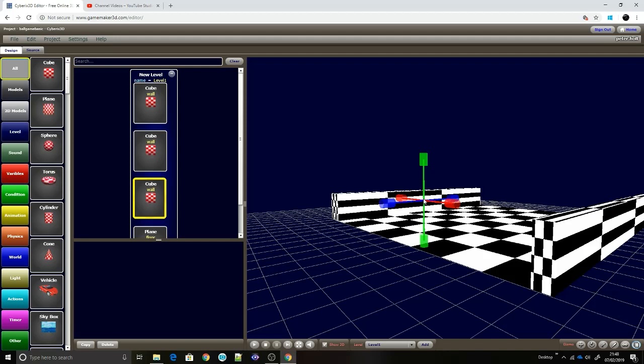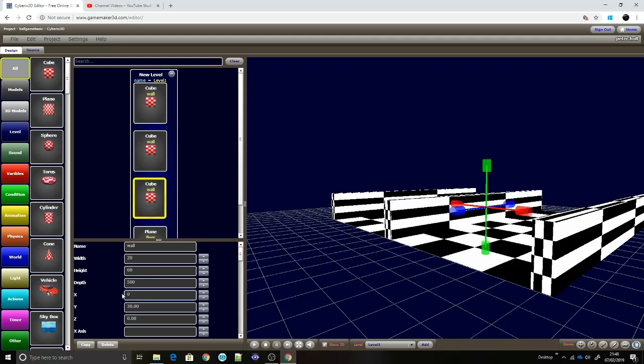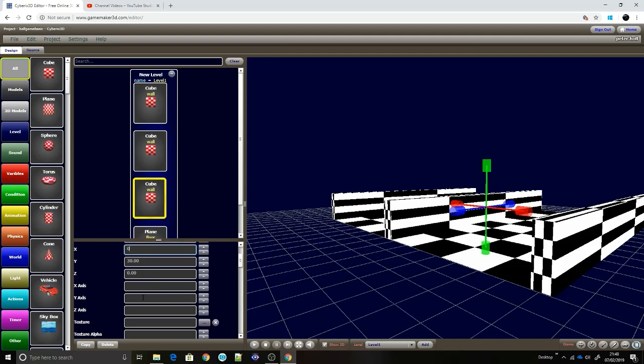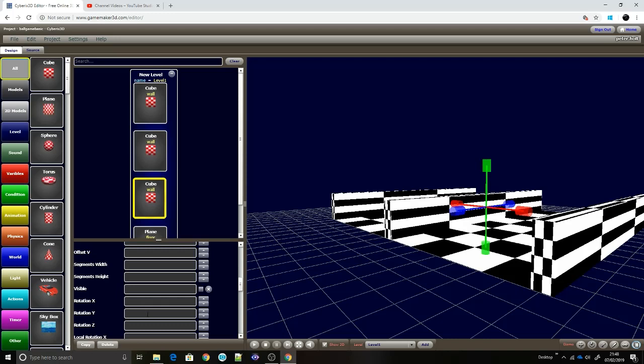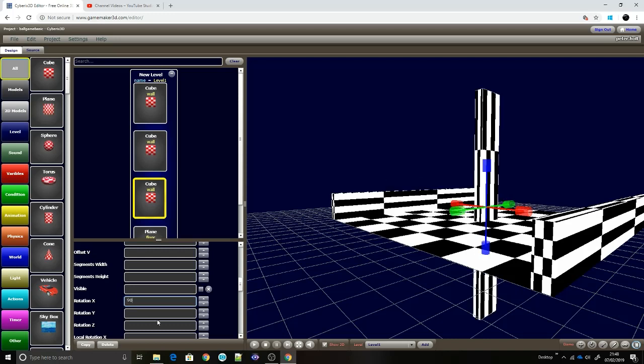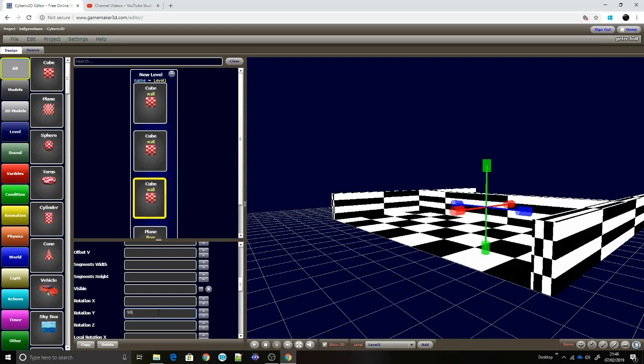Now the pivot point's in the middle, which makes it a little bit more awkward to position. So let's put the X back to 0. That rotates or puts us right in the middle. And then I'm going to scroll down until I find rotation, which is a little bit of a way down. And I think it's this one. No, it's not that one. There we go. So rotate Y is now set on 90, and I can use the move tool if I